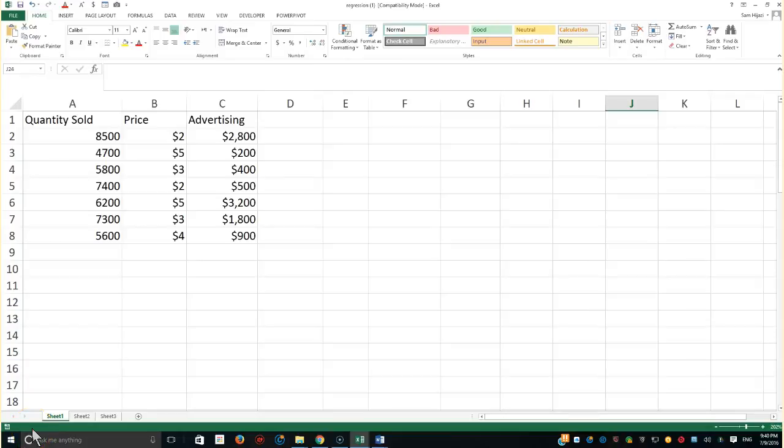We're going to still be talking about linear regression, a simple one. So we're going to focus on two variables, one independent and one dependent. In this case, we're going to continue to talk about quantity sold as the dependent variable. The story really has to do with the fact that the quantity sold is being impacted by both the price and the advertising, but we're not going to be talking about